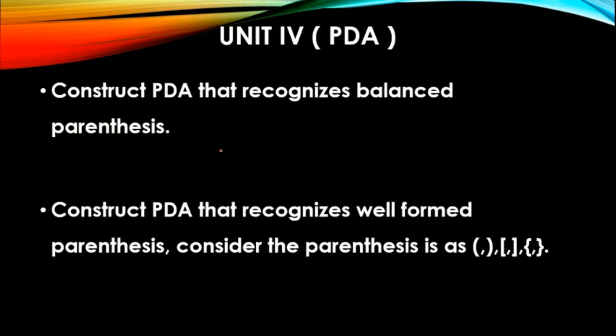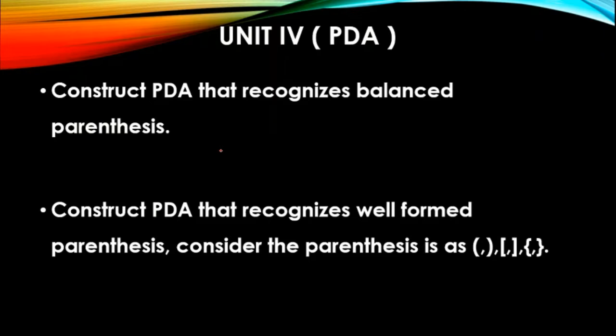So whenever we create a string with parentheses, we consider a string length of either 4, 3, 10, or 5. In this length, the number of open parentheses must be greater than the number of closed parentheses. That means if the number of open parentheses is more than the number of closed parentheses before the end of the string, it is acceptable. But if the number of open parentheses is less than the number of closed parentheses anywhere, either in the first 3 symbols or the first 5 symbols or any prefix,